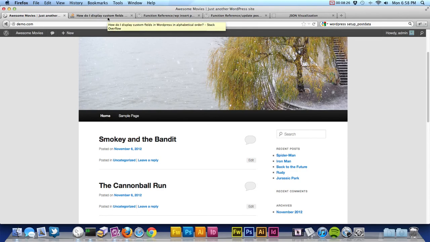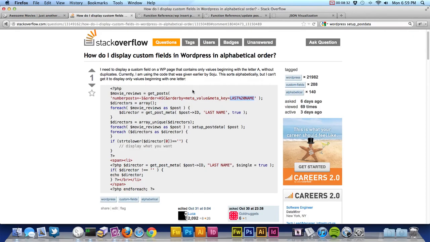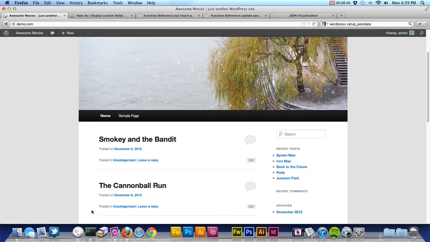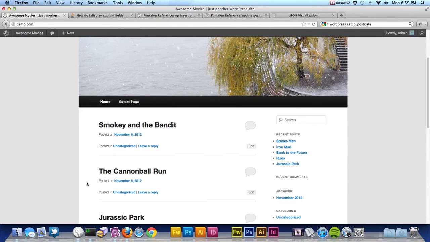So now that we have the data in, we're ready to start working on the actual problem itself. And the problem was we want to pull out the custom fields in WordPress in alphabetical order. So let's do that, and it's really easy to do this. And the way I want to do this is I'm actually going to work with the MySQL, the SQL query